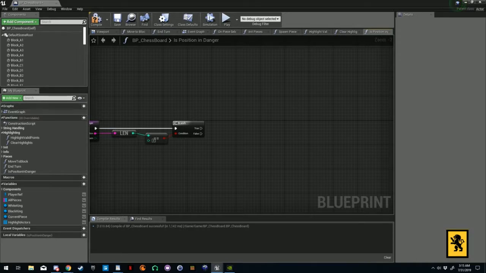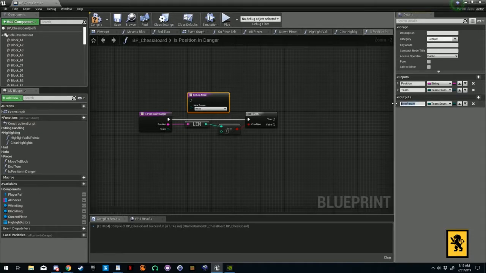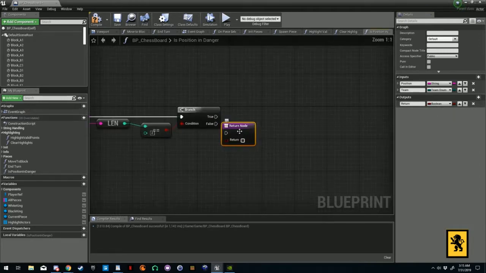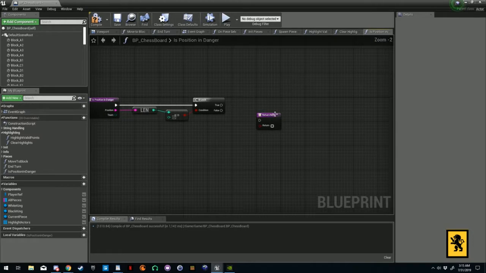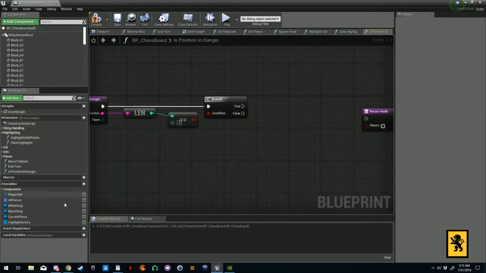And now what we need to do is we need to create a return. And this is just going to be a Boolean. And all this is going to tell us is that the position is in danger or not in danger. Okay. So next, we are going to